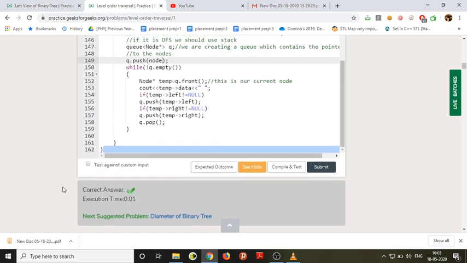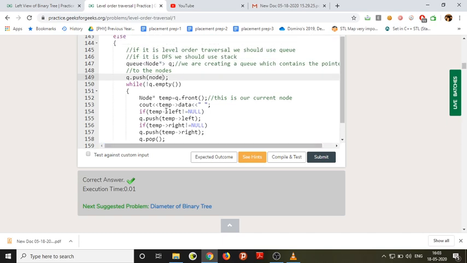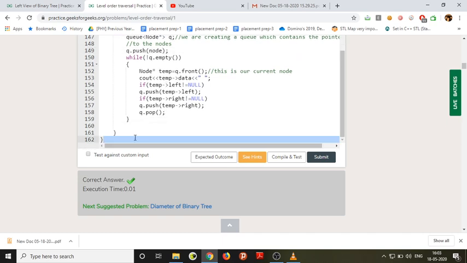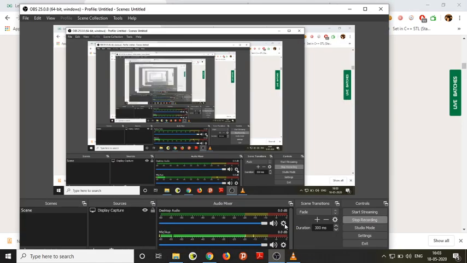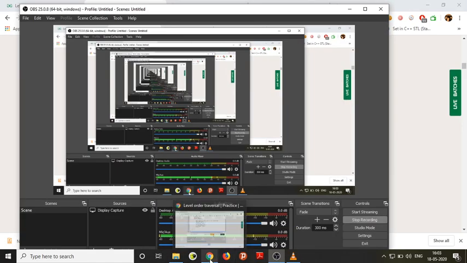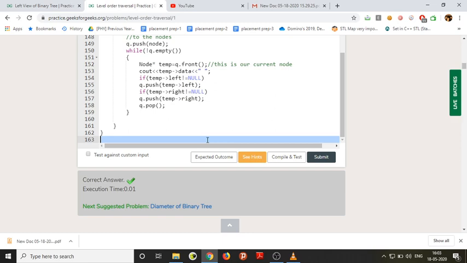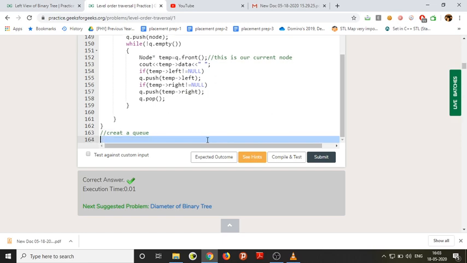So here I am writing the basic idea. Let's talk about the basic idea once, it will make things clear. The basic idea is first create a queue. Step one, push the root into the queue.